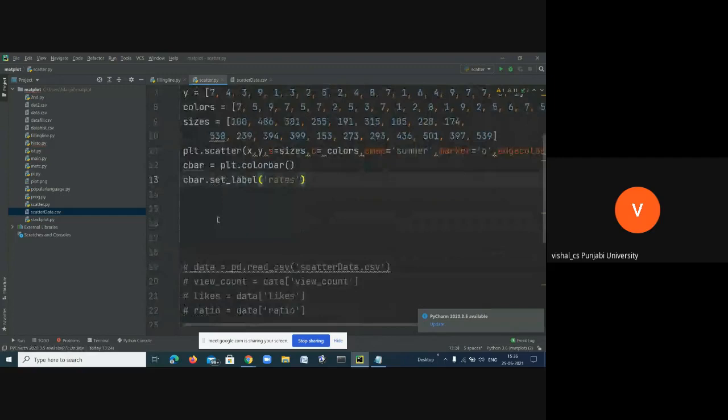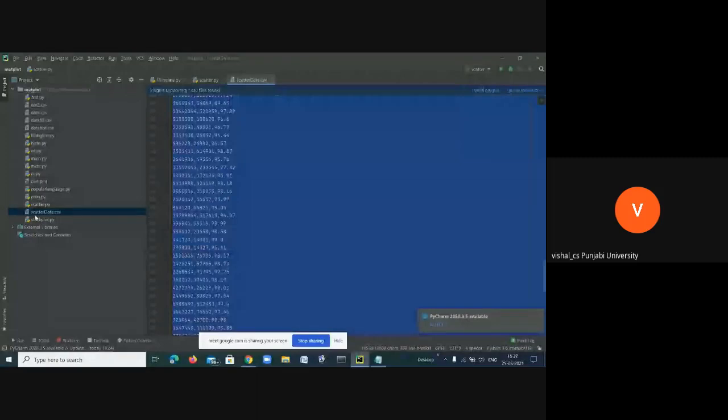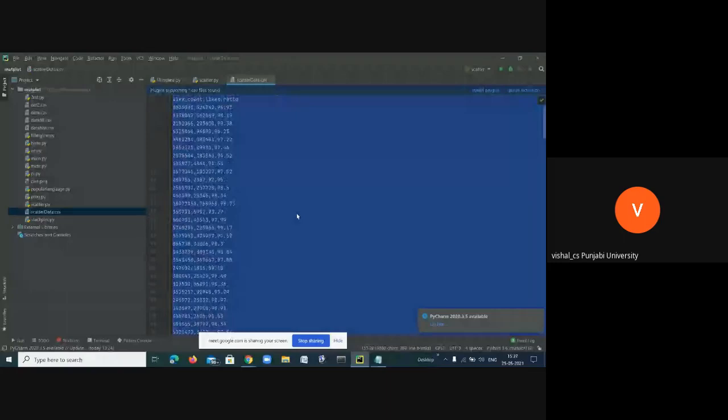Good. So I'm telling you to do one thing. See, I have data here. It has three columns: view count, likes, and ratio. This data is taken from the YouTube API.